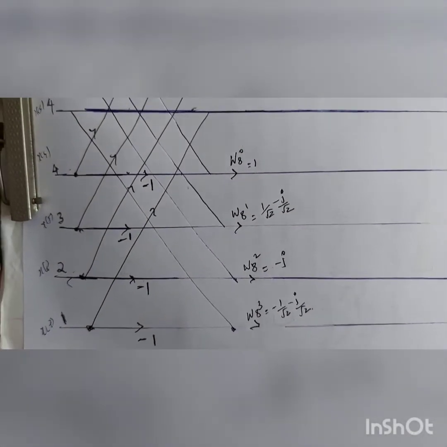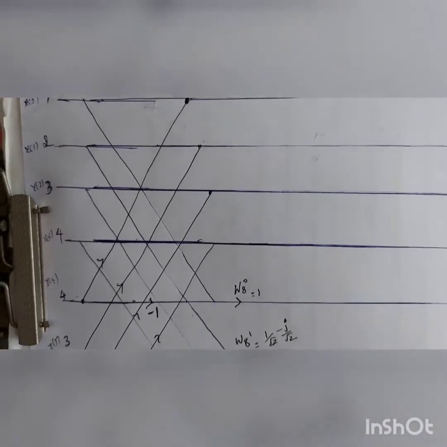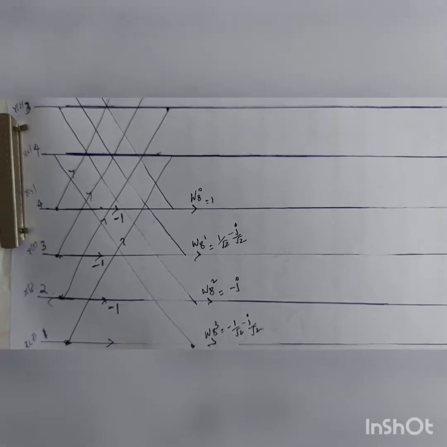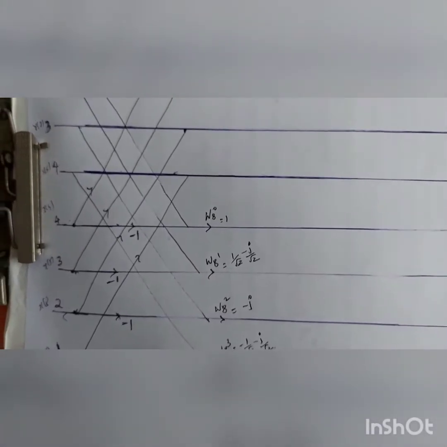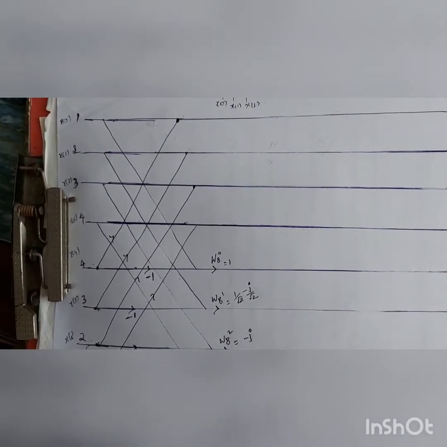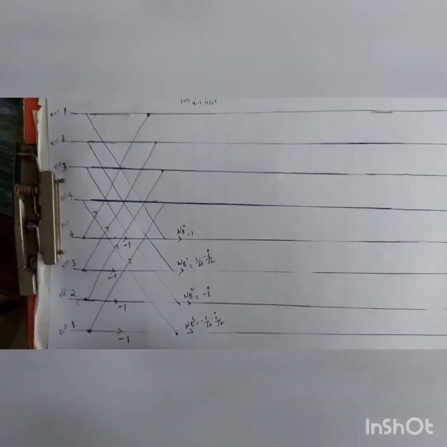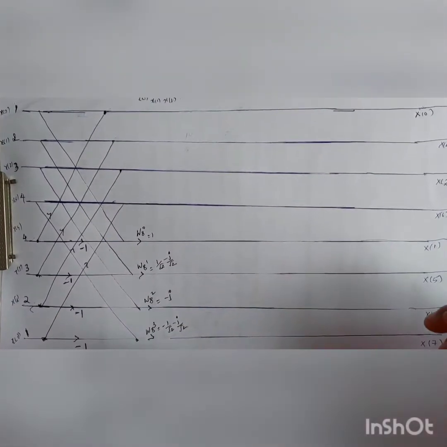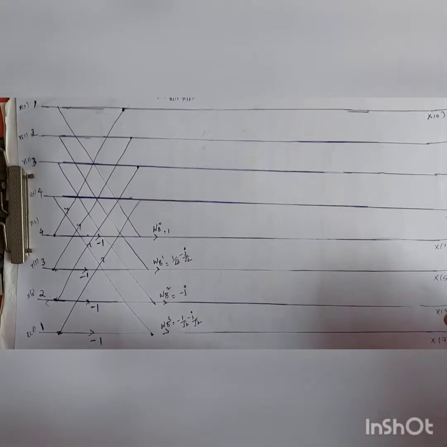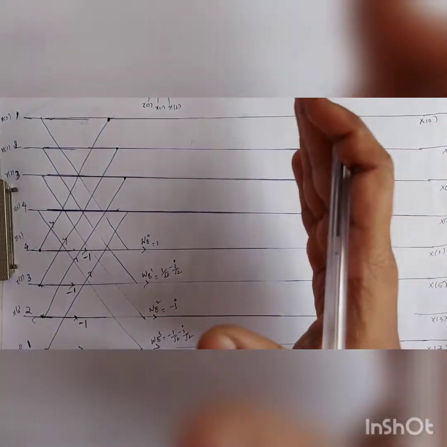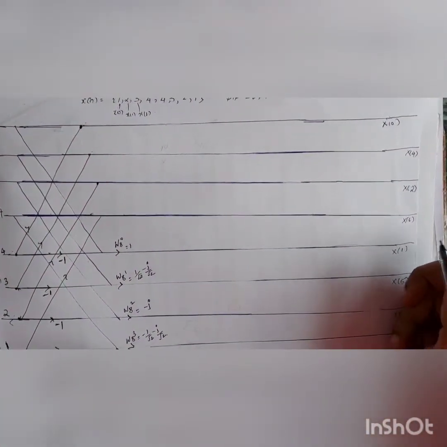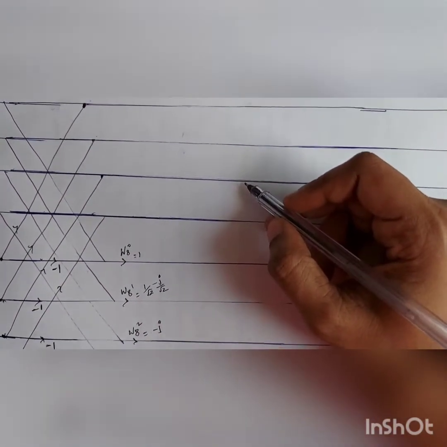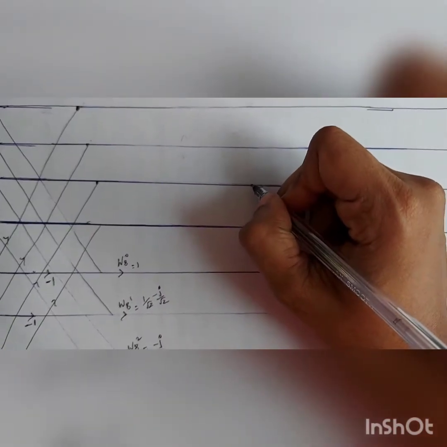I hope it's clear. Now here you have all the numbers written 1, 2, 3, 4, 4, 3, 2, 1 and your twiddle factor. So once this is done, we are done with the first stage. Okay, I will also show you how to draw the next stages. It's very simple. Okay, we'll leave some space because we need some thing for the computation. I will show you the 4-point structure. Now how to draw the 4-point structure? Take these 2 points,